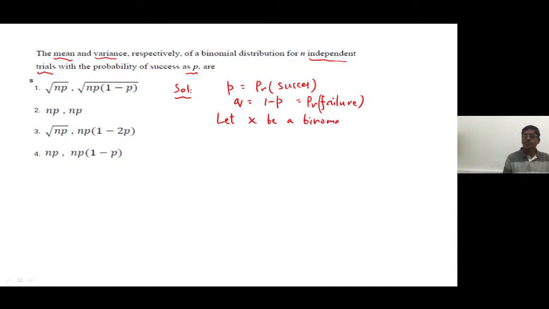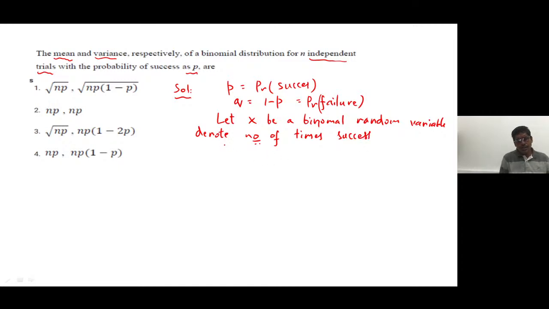Binomial random variable denotes the number of times that the event succeeds. Okay, so we know that standard formula from binomial distribution,